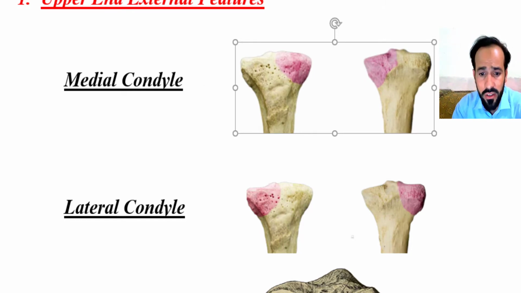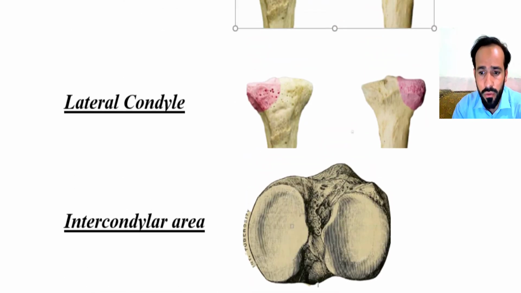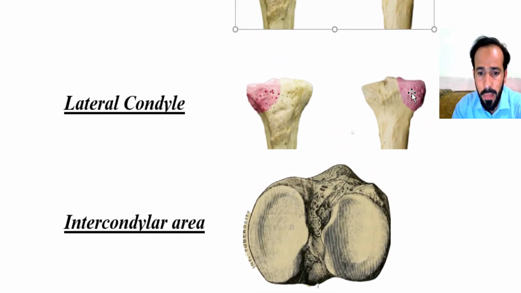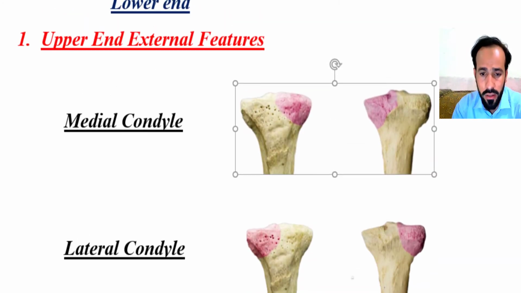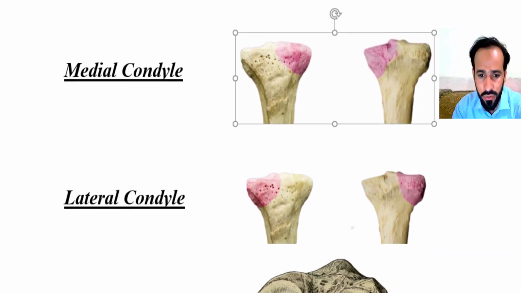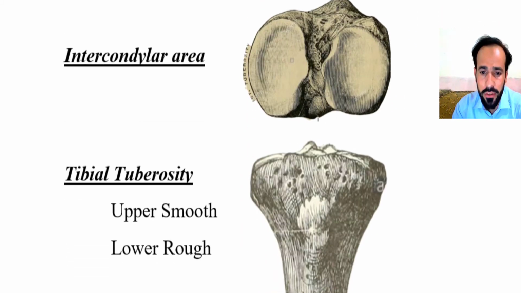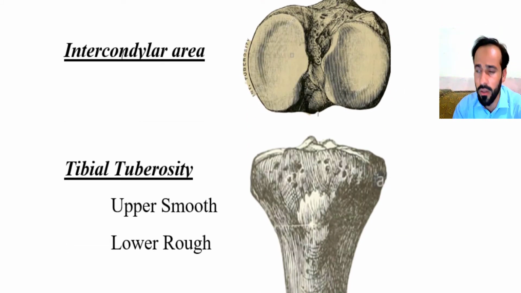Then we have the lateral condyle also, right? So you can see here this is the lateral condyle. So there is the medial condyle and there is the lateral condyle of this bone. Okay, then the third important external feature of this bone is the intercondylar area. Now the area which is between